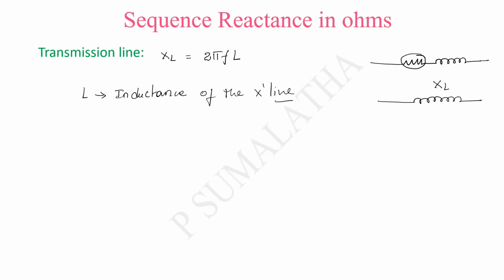And we know how to find out the inductance. We have different conditions. The conductors may be arranged in a horizontal fashion or a vertical fashion. In this problem we are considering 3 conductors. These 3 conductors are equispaced. Whenever you arrange the conductors in a triangular fashion, it means that these conductors are equispaced and of equal diameter.